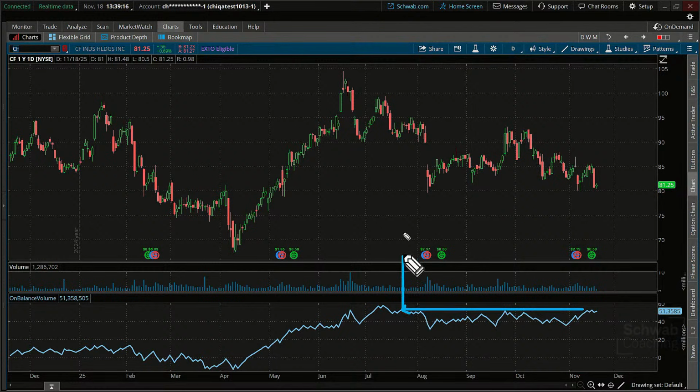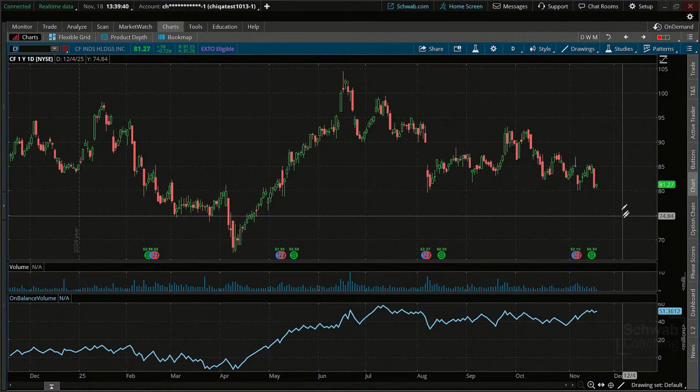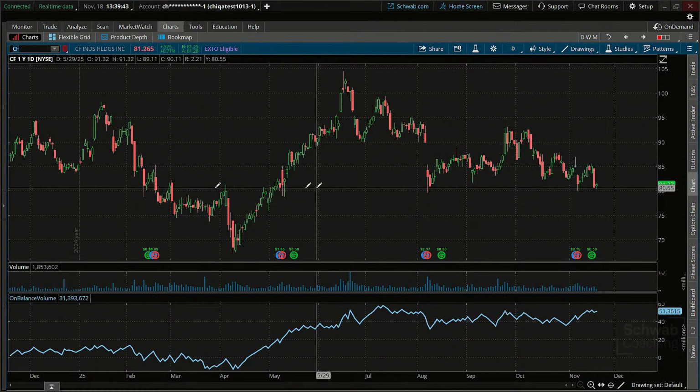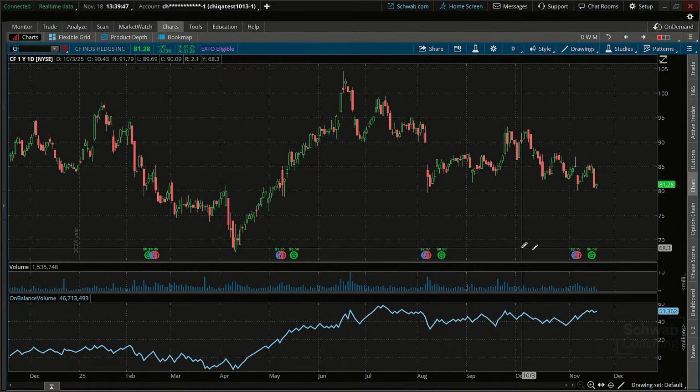We hit that high, so we take this level and we say, okay, there's your high range. According to on balance volume, we should take out 95. It's kind of interesting. According to that, we should at least be able to trade up to that level, if not break it. So that would be kind of one of these, what are we saying here? A zigzag bounce right through there. I'm going to do this. We don't really have a price pattern here, aside from the fact that you've got a lot of support testing right through here. So what I'm going to do is I'm just going to say this.